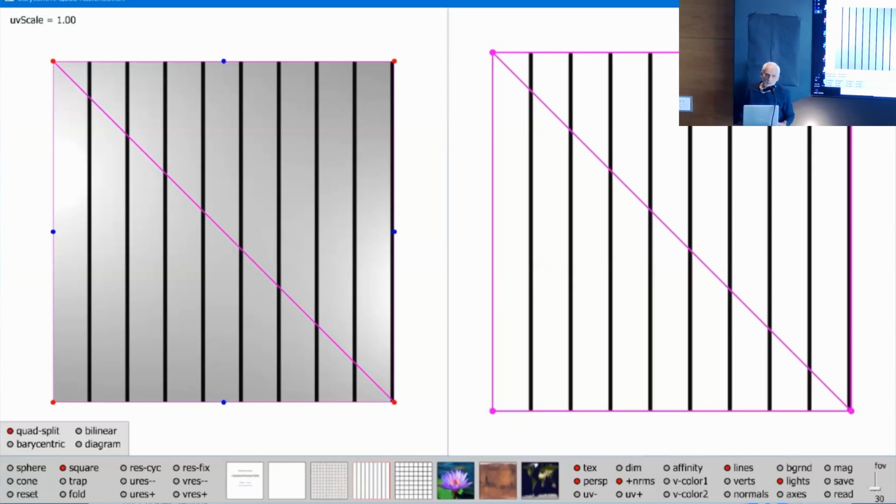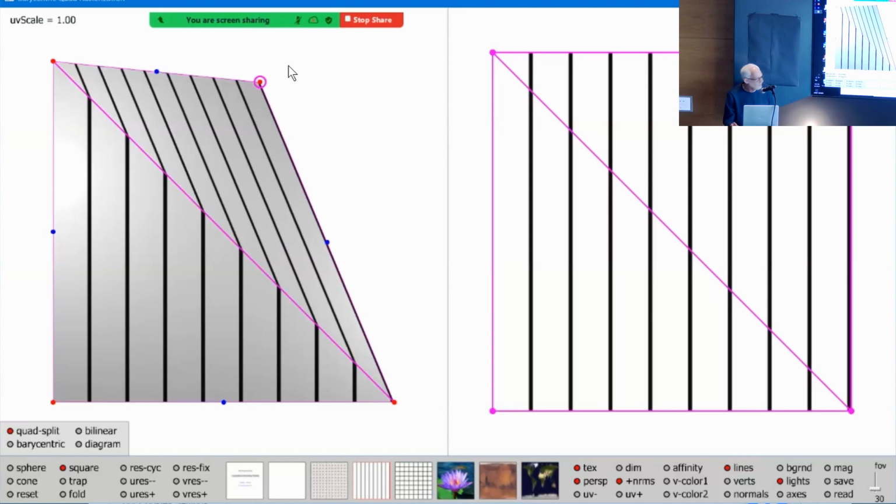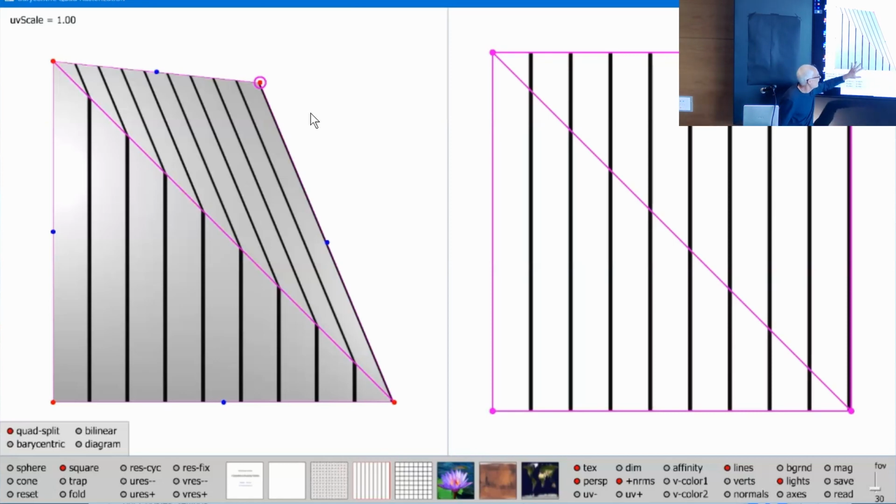The affine transformation is the same for both. However, if we move one of these vertices, we're going to break that affine similarity, and that's where the problem occurs. So just watch as I grab the upper right-hand corner and start to move it. You can see along the diagonal, all of a sudden, here we have bars going up vertically, but now they're at a tilt. Rather bad continuity gradient of the texture here, because the transformation that's being applied is not the same as